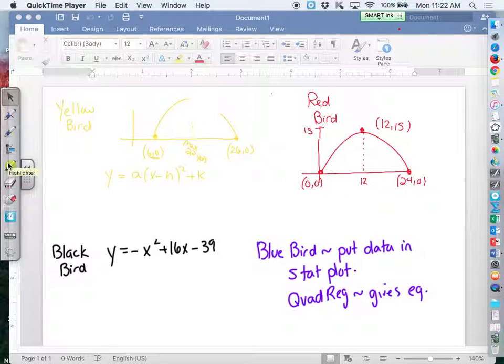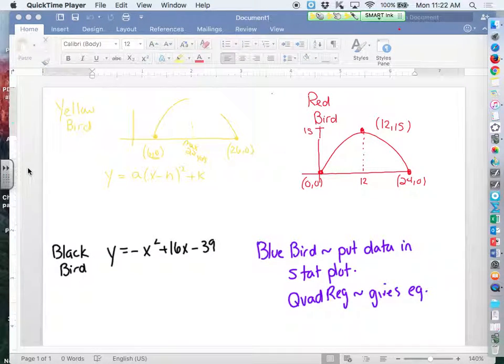Cole. So I'm not sure which bird is yours, but I'll show you how to find the maximum height and the total distance for any of the birds, and then you can figure out which one. I don't know which of these 4 birds is your bird that you chose, but we can go through and answer the question. So for the first one, the yellow bird, they gave you these 2.60 and 20.60, and he